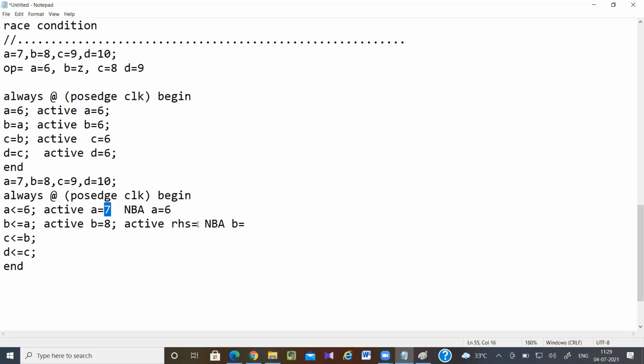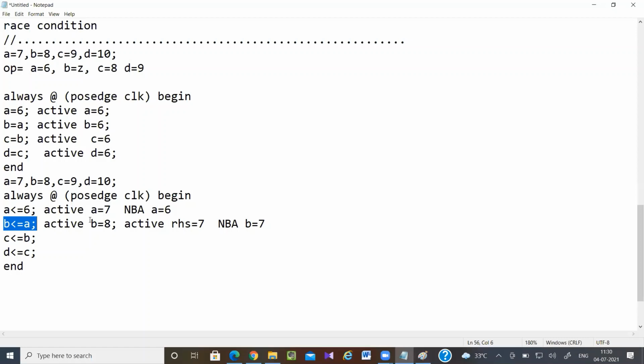So in the active region, RHS value is equal to 7. So in the NBA region, what will be the B value? Ma'am, now 7. Yes, ma'am. Again, I am saying, see, B non-blocking assignment A. So now if I check in the active region, B holds the previous value because it will get updated in the NB region. The previous value equal to 8.